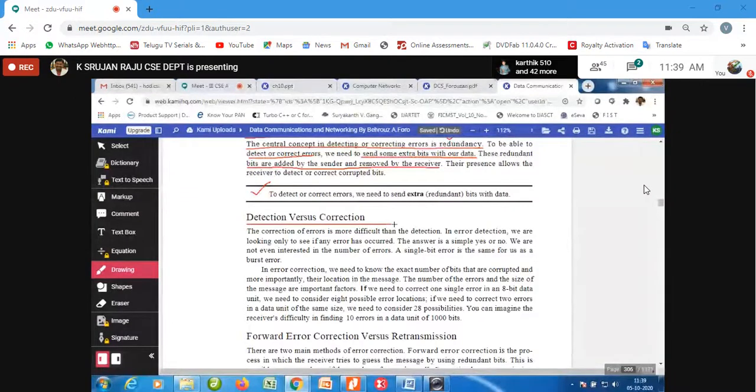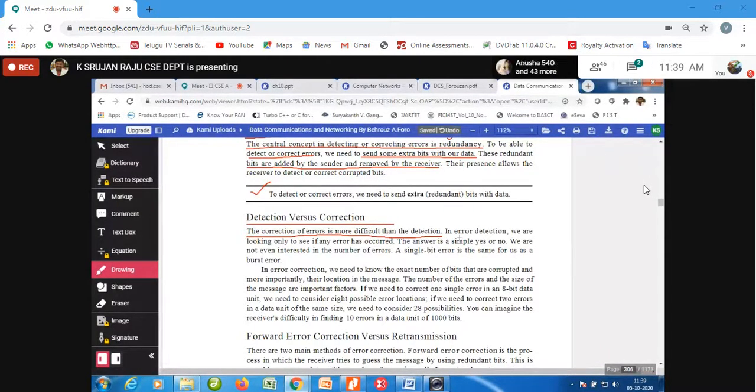A very important point is that detecting is easy, whether the error is there or not, but correcting is a very complex thing. It is a little difficult. Even if anybody asks you to tell whether any error is there or not, it is easy to tell. But in that huge amount of data, a complete stream of zeros and ones, finding where exactly the error is will be a very difficult task. See, the correction of error is more difficult than the detection.